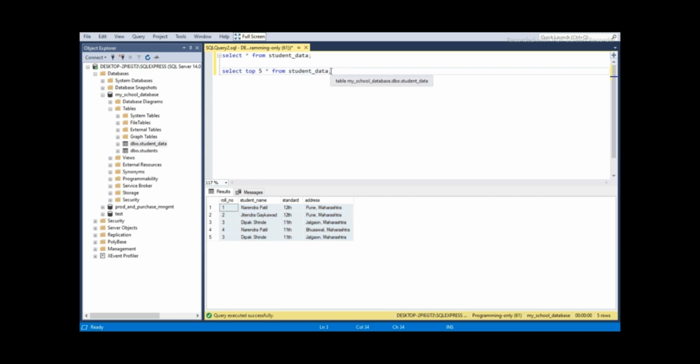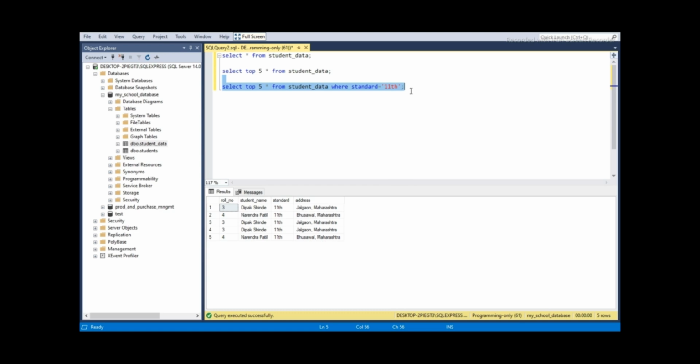Now suppose we have to give some condition like WHERE standard is equal to 11th. Then here we can see the query first finds the 11th standard students and after that it applies top 5.